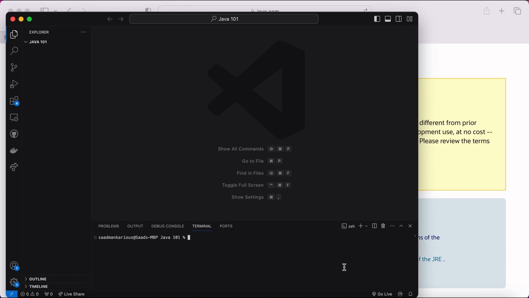Right now we're gonna see how we can actually start writing Java code. Once we have Java installed in our system and also VS Code, I'm gonna go ahead and create a new folder. I have it created here. I will create a new file in that folder and call it hello world.java. And again, the .java is important here because we're telling the system that this is a file where we